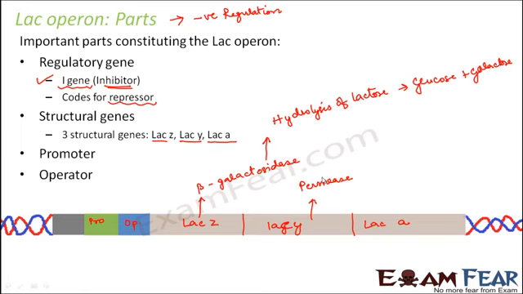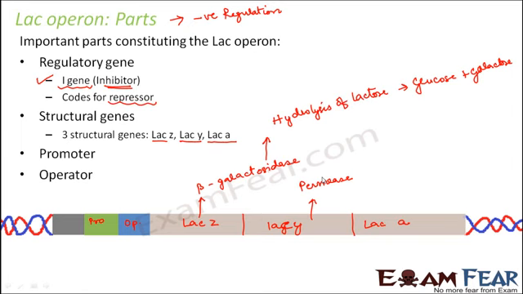So under what situation does more lactose need to enter inside the cell? As I said, now E. coli will need some source of energy. So the preferred source will always be glucose because it is the simplest form. But if glucose is not available, then it is kept in a medium with lactose. So that time the cell should allow lactose to get inside the cell. So during that period, this permease enzyme will increase the permeability of the cell so that more transportation of lactose can take place into the cell.